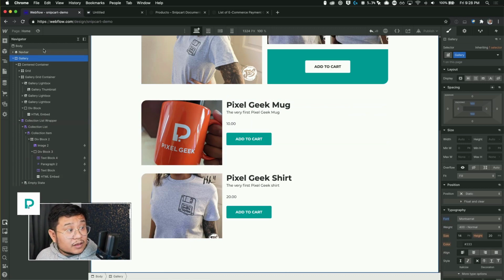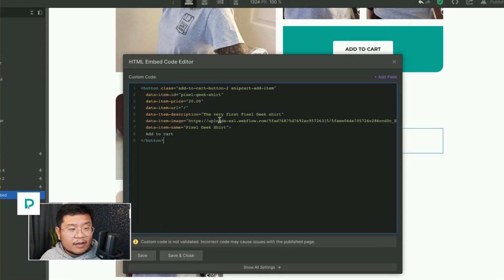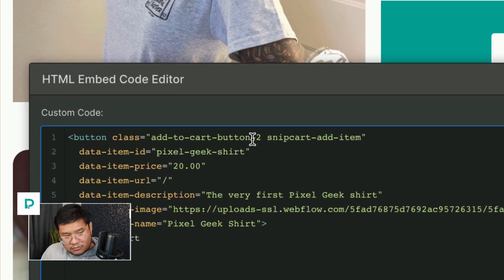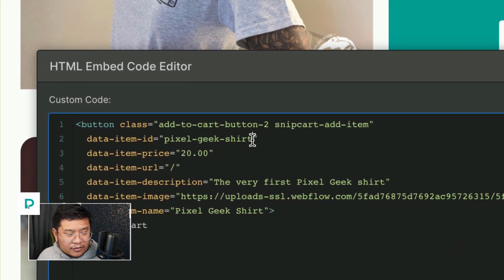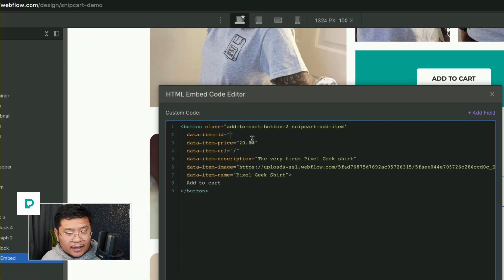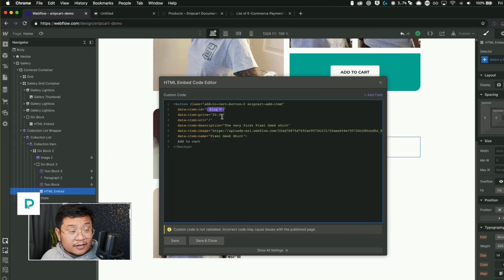Okay, now if I double click into this embed, I've added that 2 for the new style, but I need to replace all of these with what's coming out of the Webflow collection. So I'm going to delete the item ID, and I'm going to pull from the add field, and the item ID is the slug.